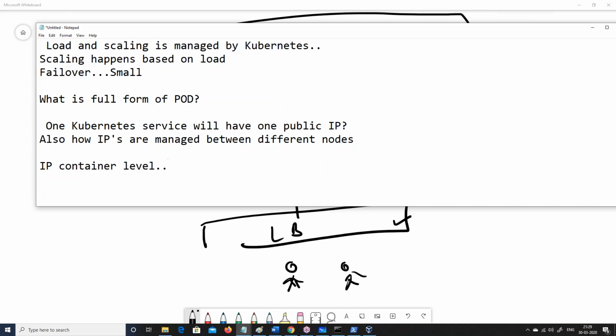On the Kubernetes management layer, you can have some IP, but that is for the admin part. For the end user, the IP will be more on the container level, because inside the container your application is running. So you will give some private IP to it. You will do a NAT, a public IP mapped to a private IP. So it is more of networking, I will say.